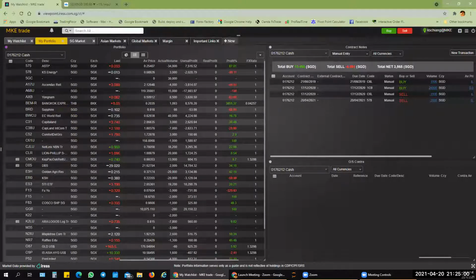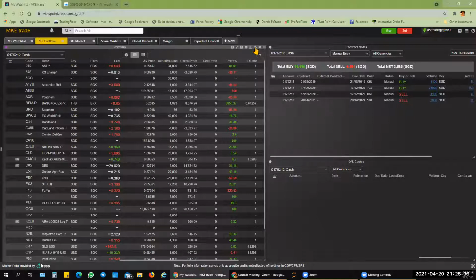I got a question here which is quite advanced. The question is, can I download the spreadsheet then work on it in Excel? Yes, you can. For example, like this portfolio widget here. All widgets at the top, especially the ones with table format like this, have a title bar, and to the right side of the title bar, at the top right-hand corner, there is a button that you can press. This one is the button that looks like a down-pointing arrow into a tray. That's to download